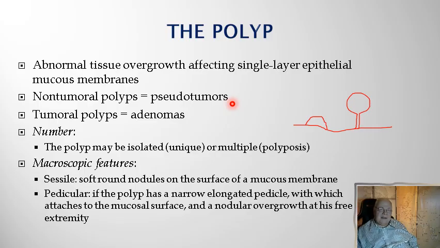So the idea is that when we have such a polyp, if it's unique, we'll remove it. It's better to be removed, because if it's an adenoma, it has a risk. If it's not, it has not, but why not remove it? And if they are in large number, and we are calling this situation polyposis, at least one of them should be removed, because by principle, if we have a large number, all of them are of the same type. So adenomatous polyps or non-tumoral polyps. And in this way, we know what to do.